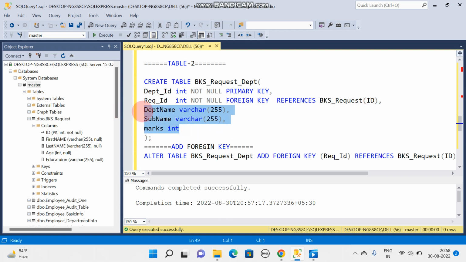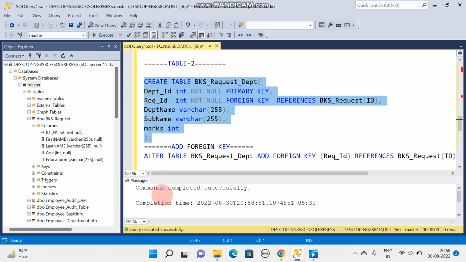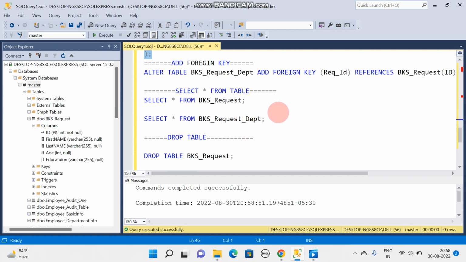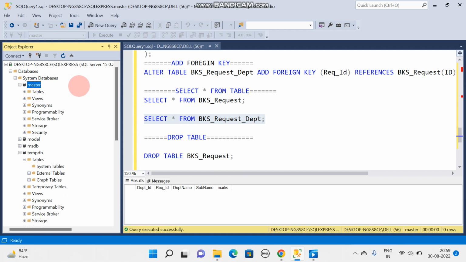For the rest of the columns I have done the same: write the name and declare the data type and the limit. If I select and execute this, you can see command completed successfully. If I execute this query, you can see the table has been created. You can see department ID, request ID, department name, subject name and marks are available here. And if you want to check the data,